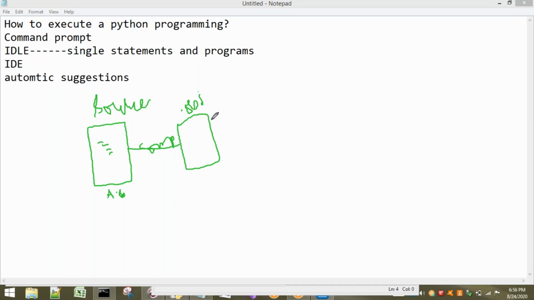I'm talking about only the C language. If you understand the previous languages, that means C, C++ and Java, then we can come back to our Python. So here we get a .obj file. This source file contains a high level language, that means human readable language. After compiling this source file, we get the .obj file.